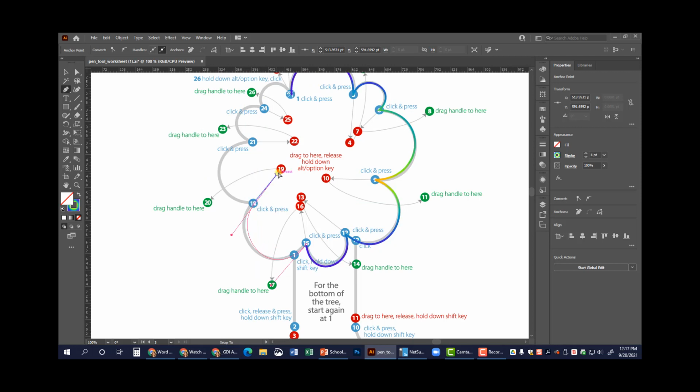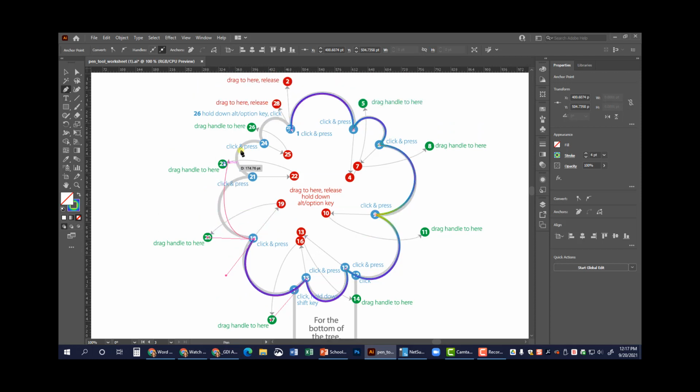Click and hold 18 to 19, don't let go of your click, press down Alt, 19 to 20. 21 to 22, don't let go of your click, press Alt, 22 to 23. 24 to 25, don't let go, press down Alt, 25 to 26, and then I come right back over my